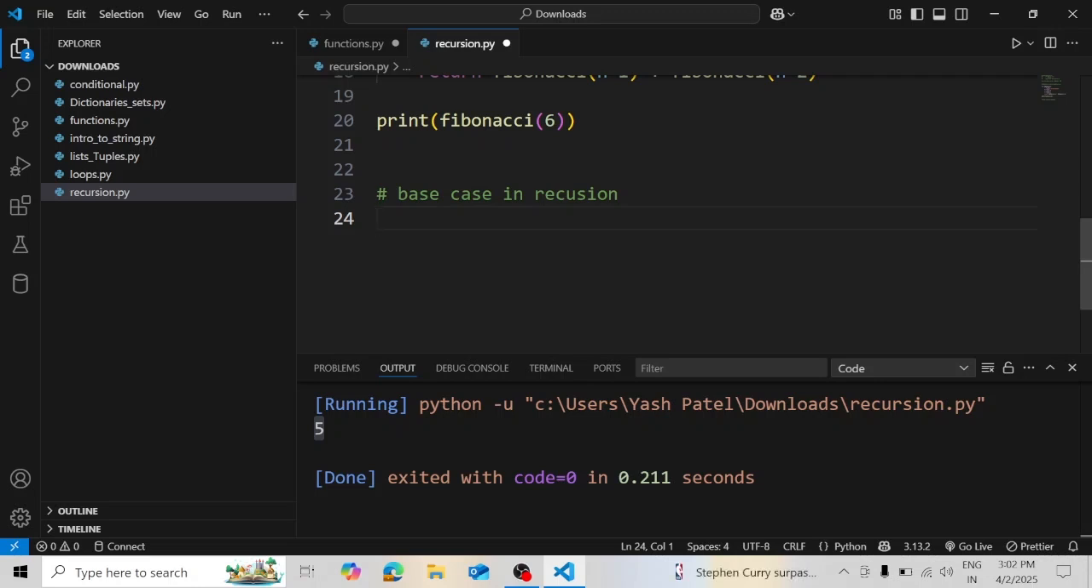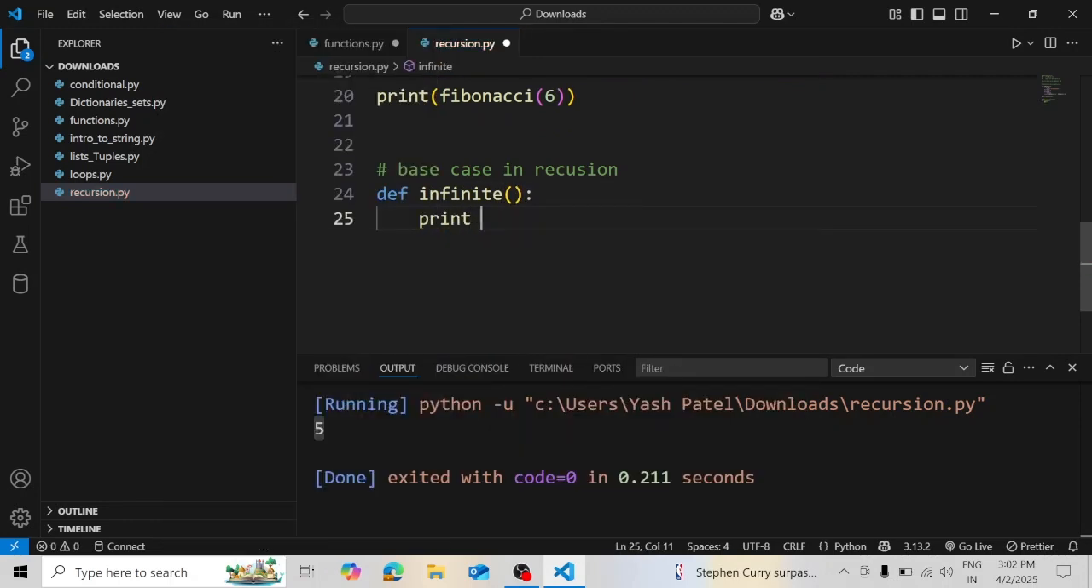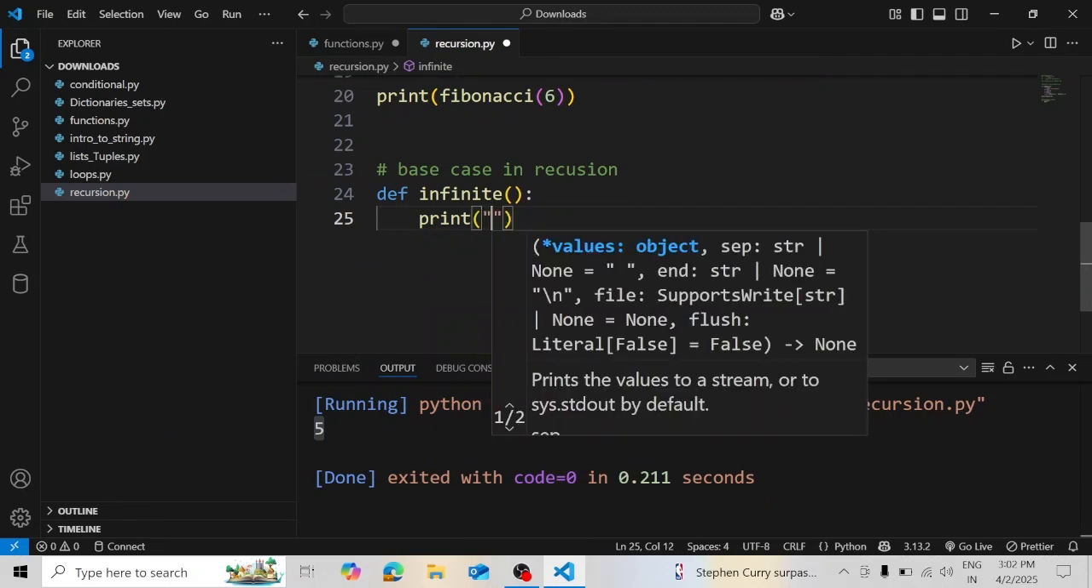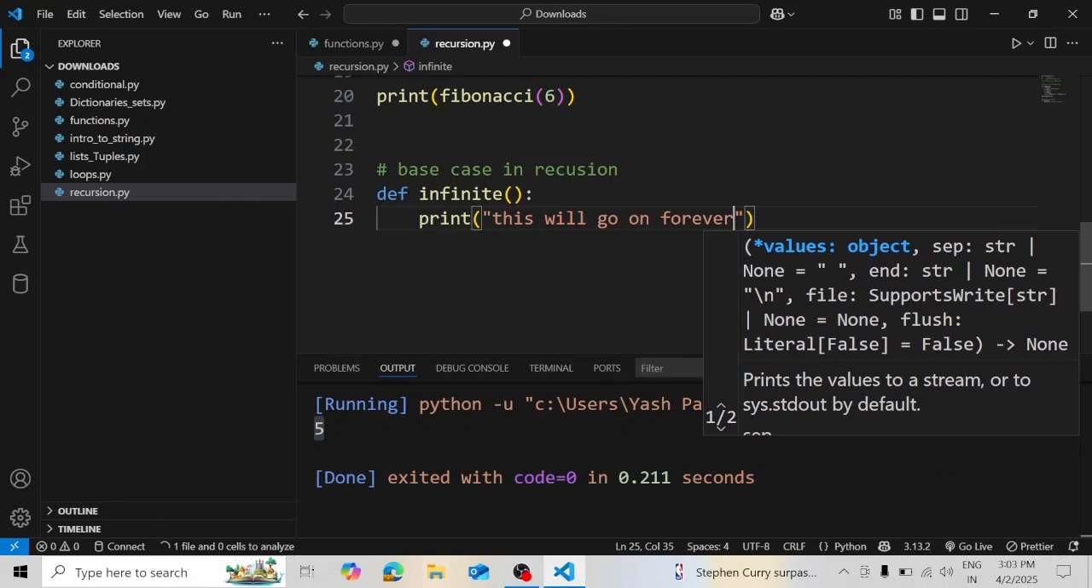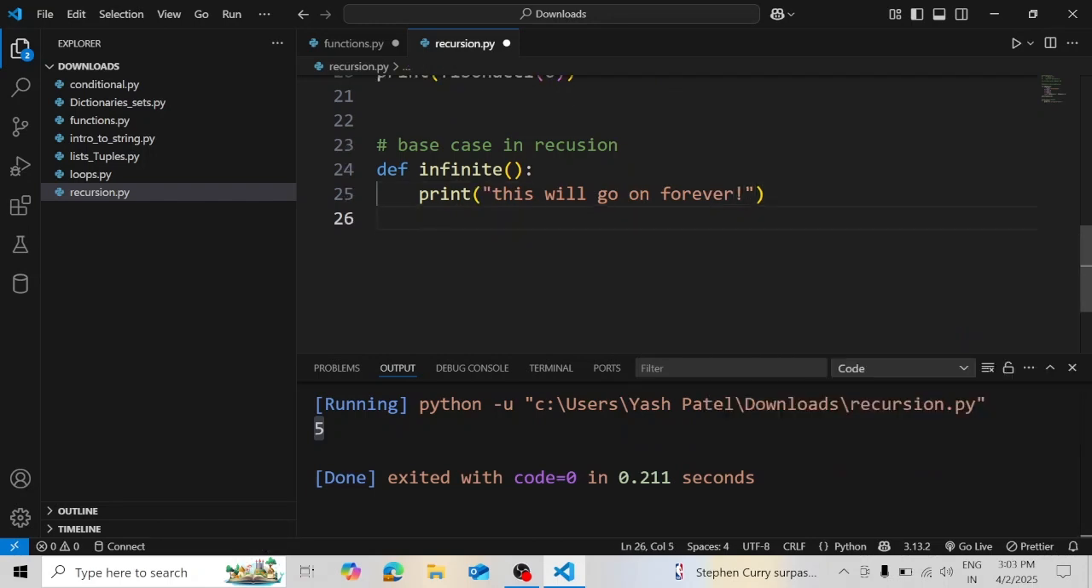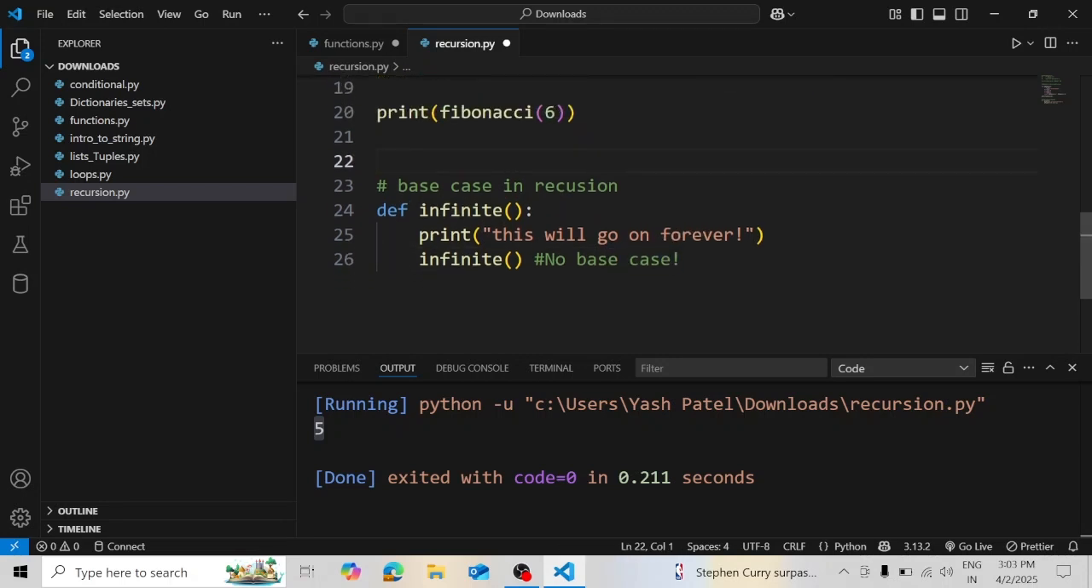So for that, we want to use an incorrect example. So let's start with def infinite. So print, this will go on forever. Infinite. So we will get the no base case. So if you run this code, we will get the no base case here, and